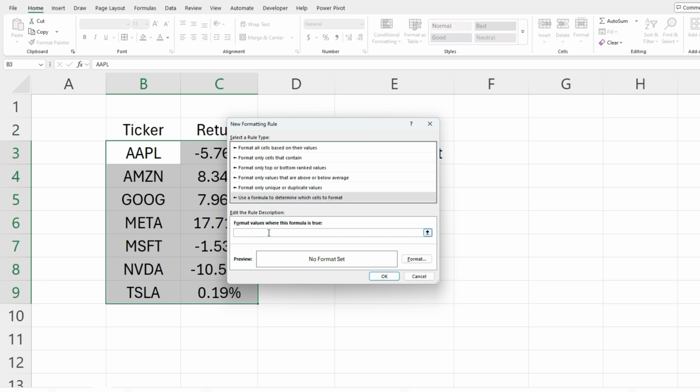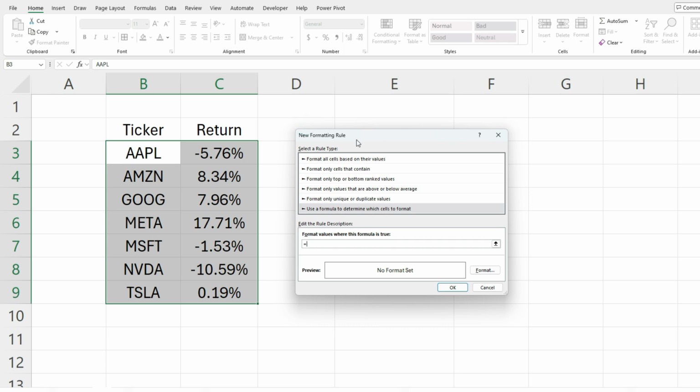So I'm going to click in here, use the equal sign to create a formula to start with, and what I'm going to be doing is looking at the value in column C to see if that is greater than, I'm going to start with 5%. So I'm going to look at the value in C3. And actually, I just want to freeze column C because I want to apply the formatting to the entire range, to column B as well. So if I freeze C, it's going to apply regardless of whether I'm in column B or column C. So I'm going to say if this value is greater than 0.05, which is the same thing as 5%,